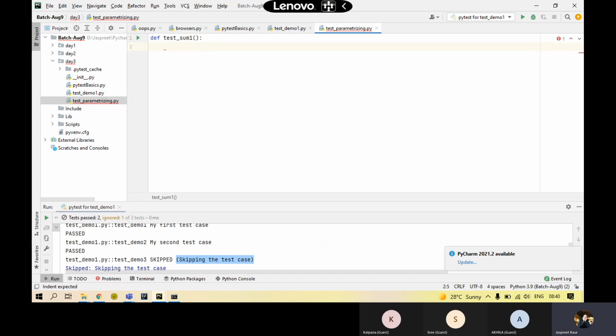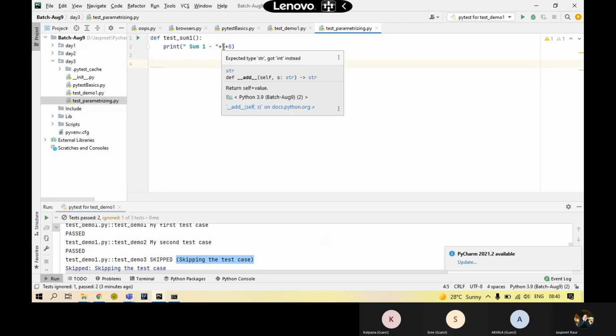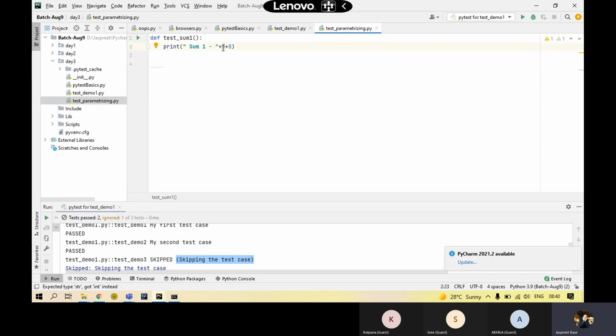and then over here I'll say print one plus 8. This way we are going to make functions and functions and functions. Okay, it's giving me some kind of exception because you cannot concatenate a string and an integer at the same time.